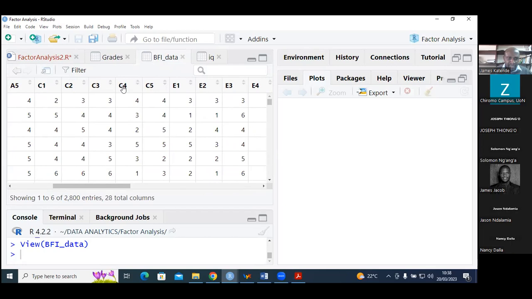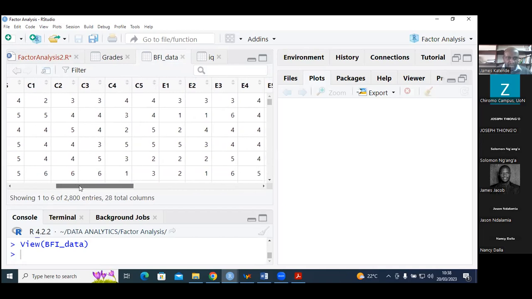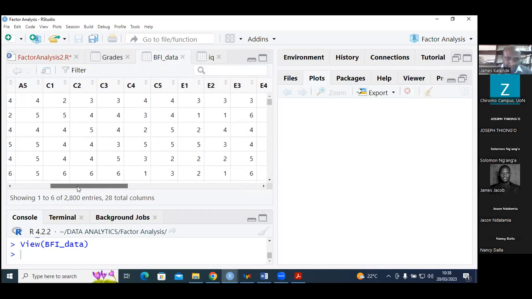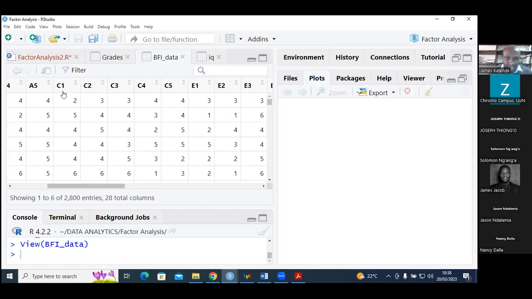I don't have the questions, I think, but this is easily available. I think you can look it up, the actual questions that were represented by this, but they were on a scale from 1 to 6 and so on. So each factor was represented by 5 variables